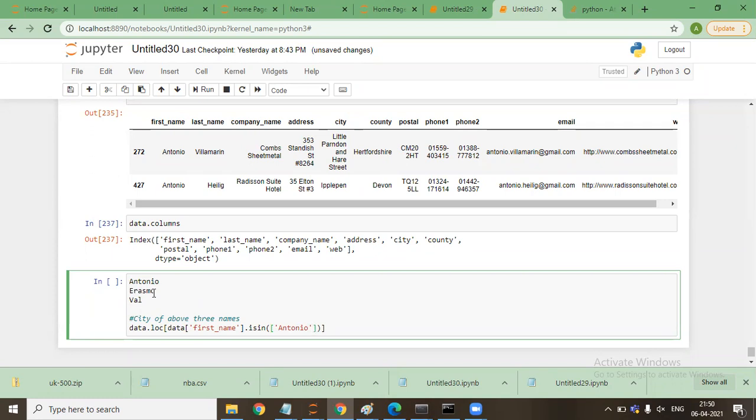This is the thing which I need to write. This is in, a simple command. Yeah, that is also a way. If I write Antonio or Erasmo, it will not work; I have to write data first name equals to Antonio or data first name equals to Erasmo. I think so. So let me try that as well.